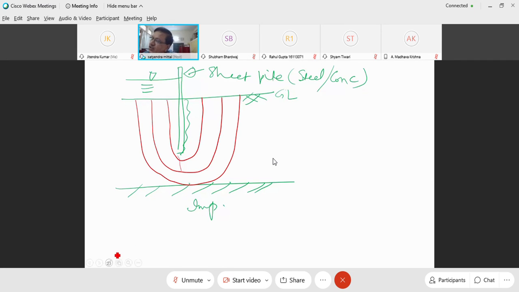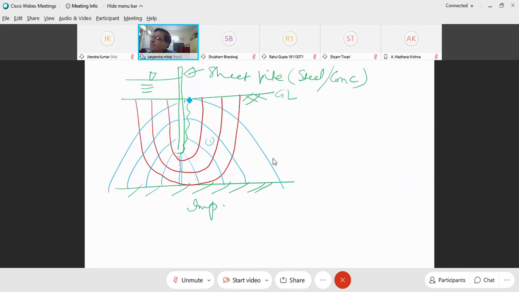And the blue line, sorry, this blue line is the equipotential line. So firstly, draw a straight line below this pile, then start drawing the equipotential line like this, keeping in mind that squares have to be formed. All these should be squares. 1, 2, 3, all these have to be curvilinear squares.